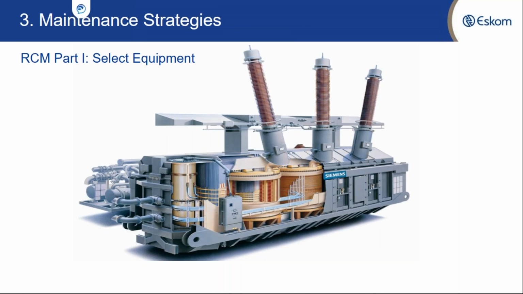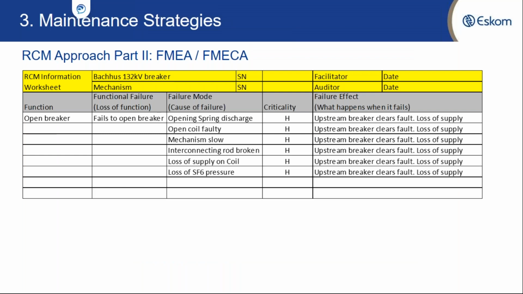So let's take a view in terms of the steps that are involved. Like I said, the first step is to select the asset, and in this case I've given an example of a transformer here. You'll select an asset, and you'll identify what is in scope and also what is outside of scope. For example, your bushings can be in scope, and you will need to look at each of the components that make up the transformer. Then the next step is to do the FMaker.